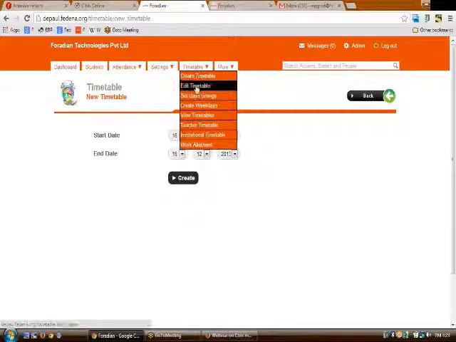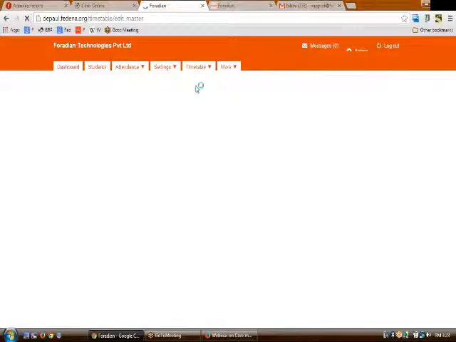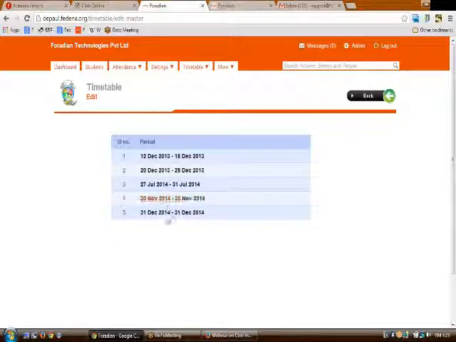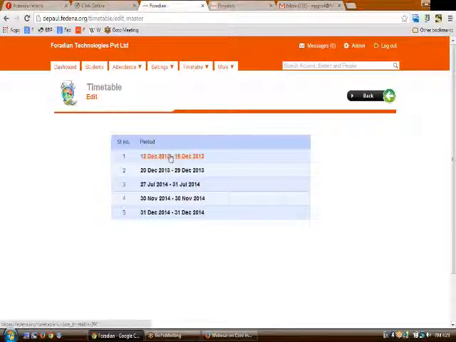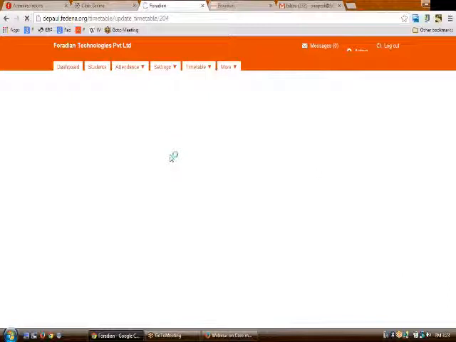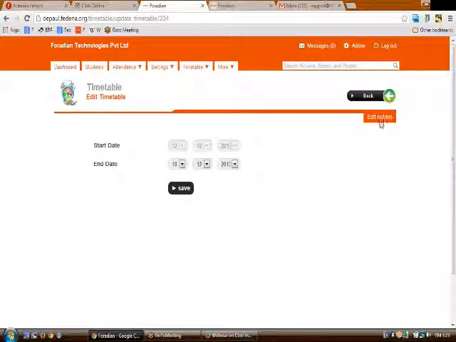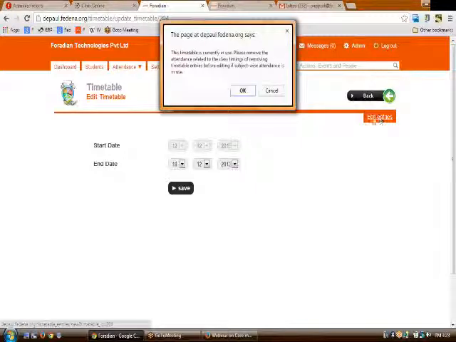So now we will be going up to an already created timetable, and on clicking edit timetable, we will be able to see all the timetables that are available for being edited. Just click upon the timetable that you have, and on clicking upon edit entries,